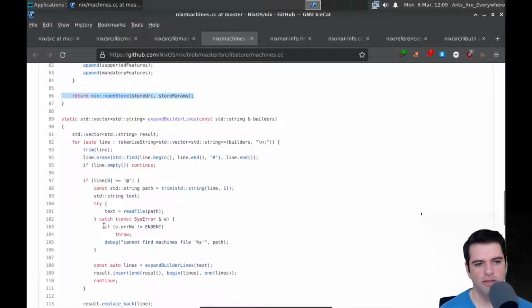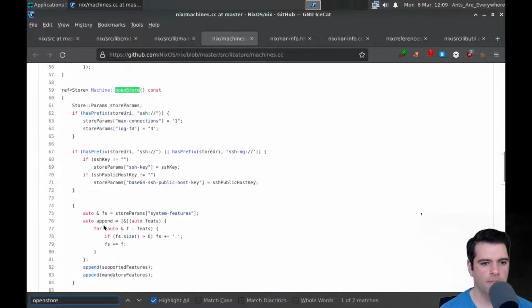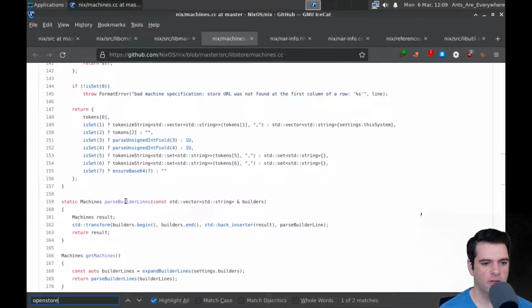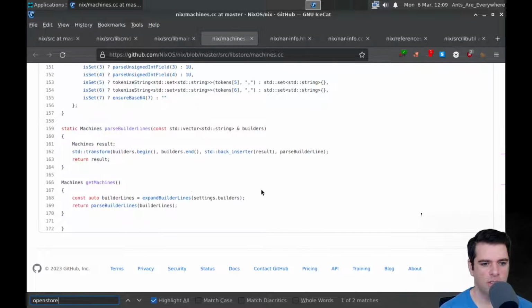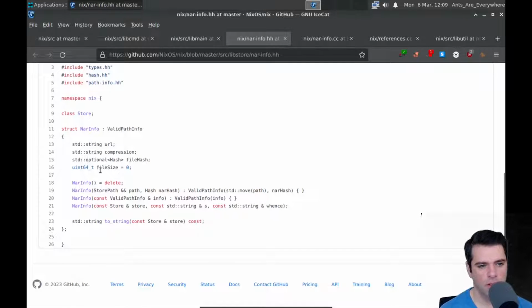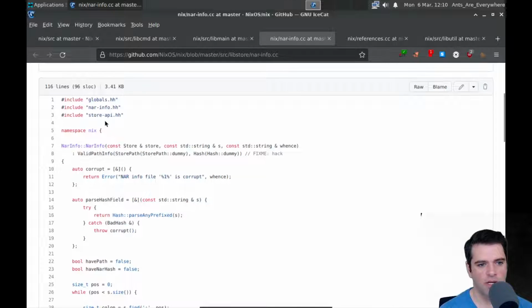So is that in this file? We have machine open store. I think that's what we just looked at. Okay, we've got some base 64 stuff, parse builder lines, get machines. All right. nar info.hh, there's not a lot in the nar info.hh. All right, narinfo.cc. We're going to take a store. We're going to take a string